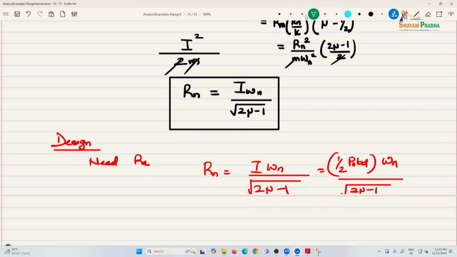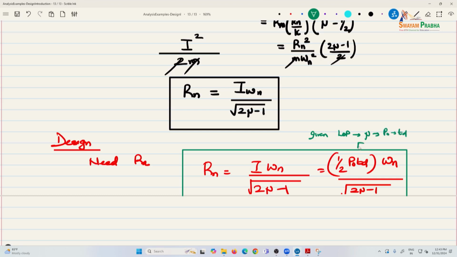So we have a very nice expression again: given LOP, mu, P naught Td, find Rn and design. If you need to check the LOP,